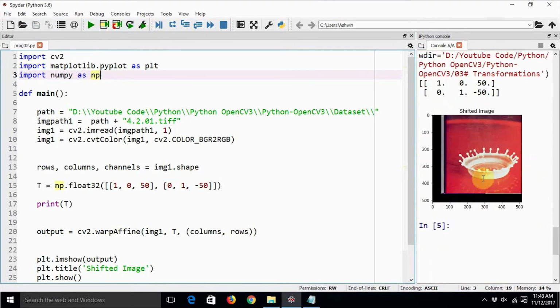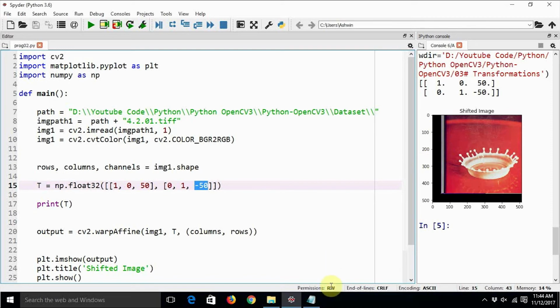Yeah, the code worked. See, this has pushed the image up, because we have defined this as plus 50, and it has even pushed the image rightwards. The amount of pixels the image has been pushed by has been filled; that complete strip has been filled by black pixels.